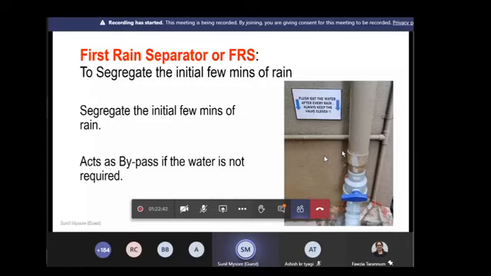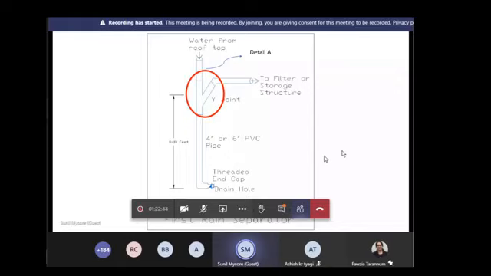You can see in this picture the water is coming from the rooftop, and there's a Y joint. If you give a T joint, for smaller rains water will actually start flowing laterally because of surface tension. It doesn't come down at all. So you have to make sure that it's a Y joint. The water builds up in this pipe, and when the water fills up till the Y joint and overflows, it goes further. So the water stored in that water column is the first initial minute or so of rain, which you can open the valve and drain out. So this is how a typical first rain separation works.